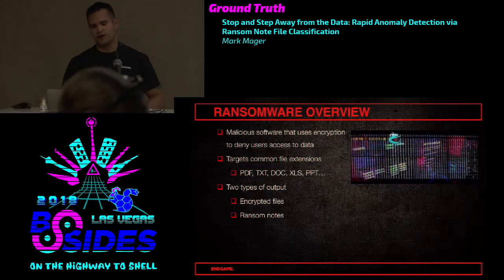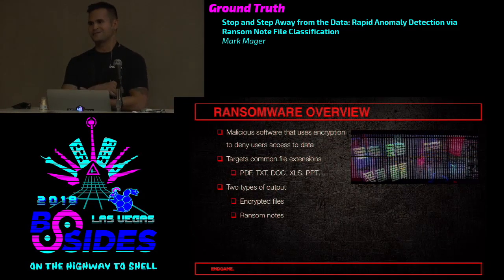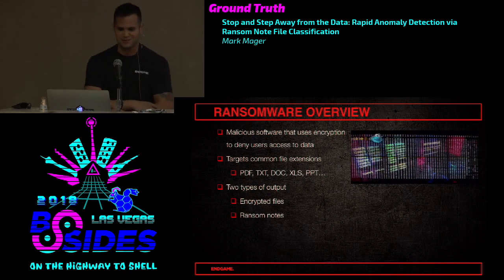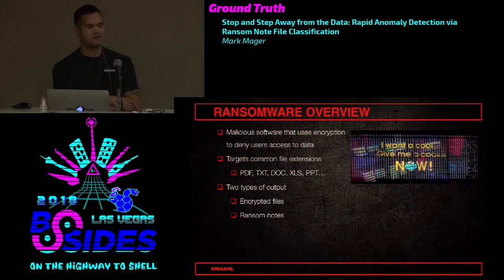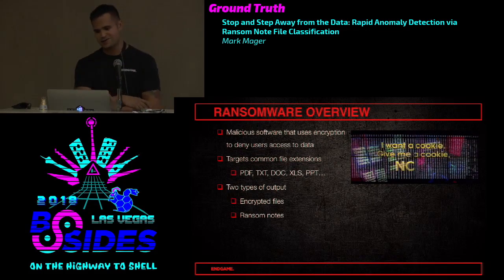All right, so a very brief overview of ransomware if you're not familiar with it. It's simply malicious software that's going to encrypt files on your hard drive to deny users access to them. It's going to typically target common file extensions, so PDFs, text files, docs, Excel spreadsheets, things of that nature.